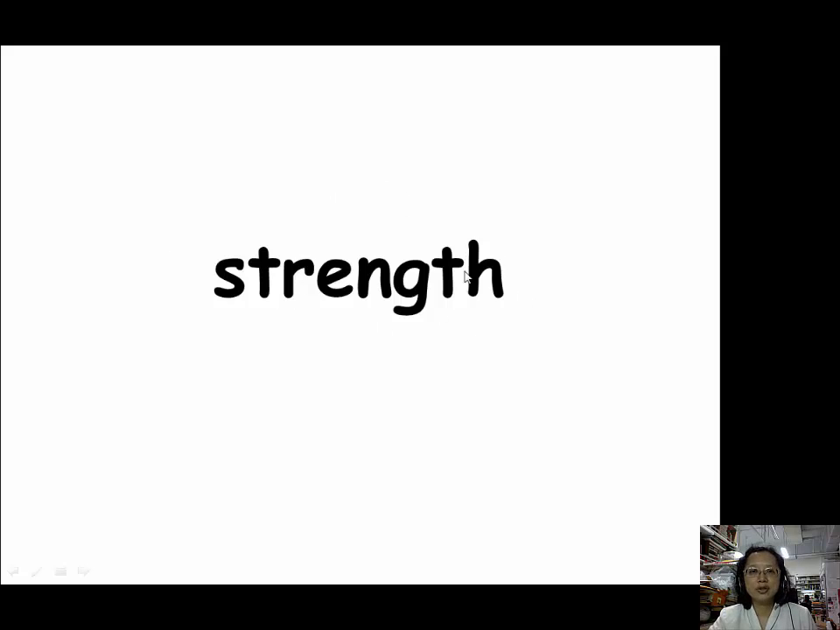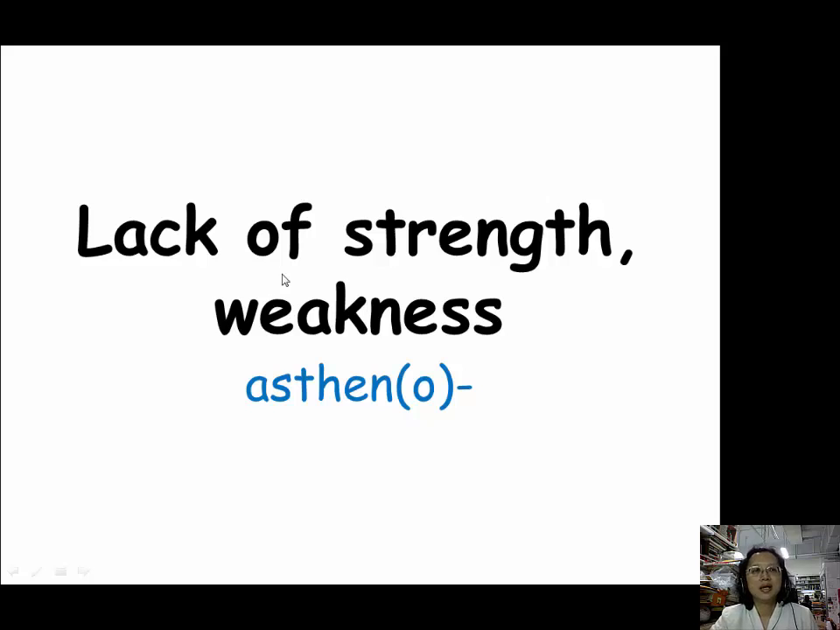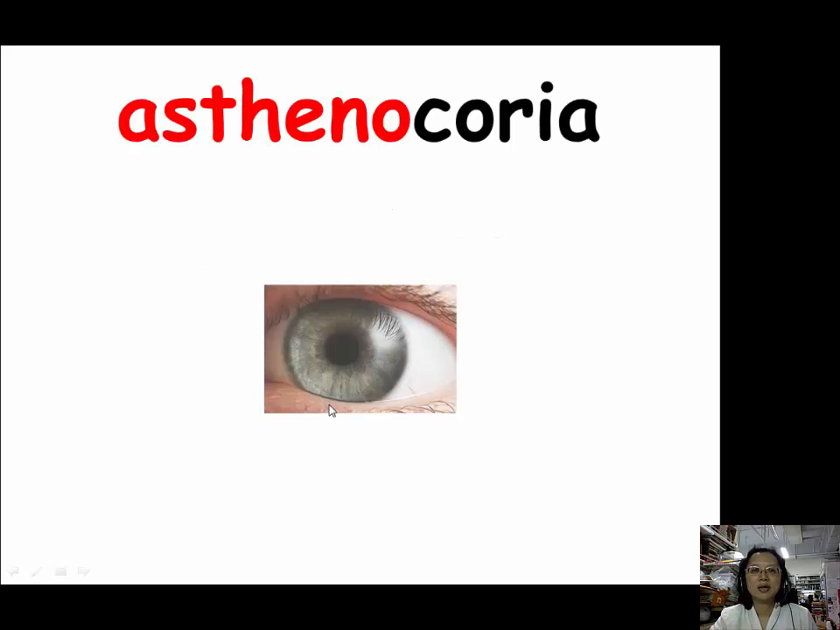Let's review what we just learned. For strength, we could use one of these two prefixes, dynamo or stheno. And on the contrary, for lack of strength or weakness, we could use this prefix, astheno. And our example is